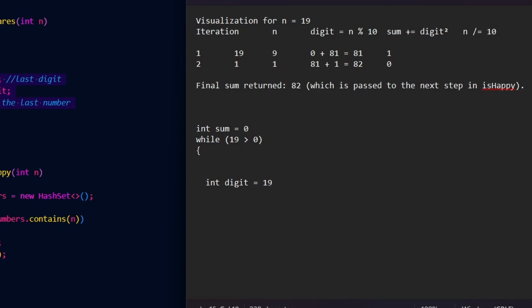19 will be divided by 10. This will result in the last digit, because 19 modulo 10 will give us 9. So it will basically exclude the other digit, and we'll get the last digit of this number. After that, when we have gotten this last digit of the number, then this 9